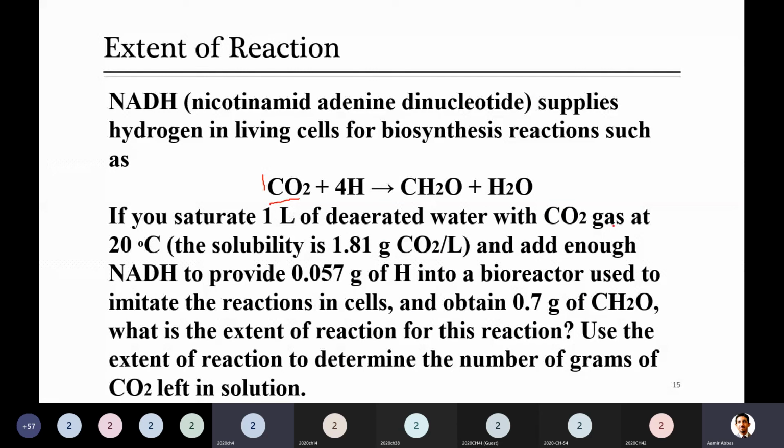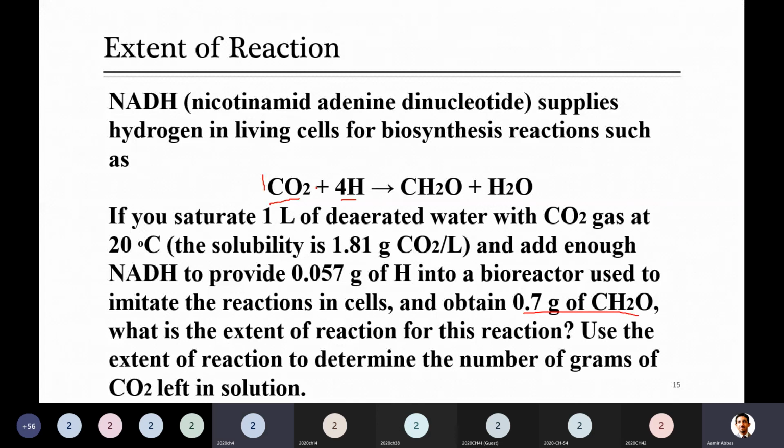Right. I think you are not understanding it. First of all, 0.7 gram of CH2O is produced in this system. Actually, the next question is also linked with this. Hydrogen is the limiting reactant in this system. And so is this all theoretical? It's not actually going to be produced? No, I think it will be produced. The exact amount is this. If you do all the conversion and the calculation, you can see that this will be 0.7 gram.